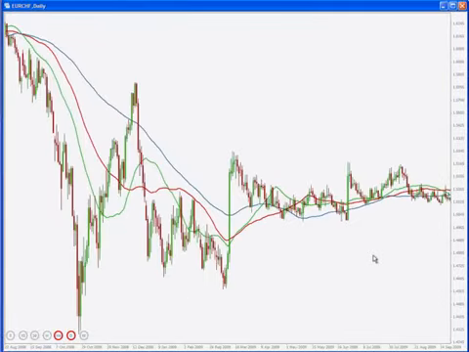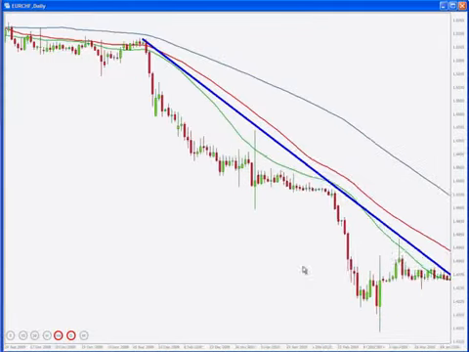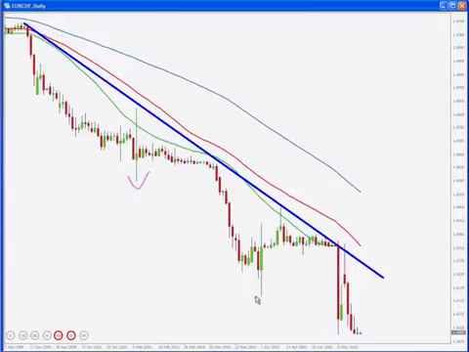You want to focus on recent swing lows as far as drawing your trend lines and counter trend lines. Okay, so I'm afraid I don't have any counter trend line to use to my advantage here. All right, now what about